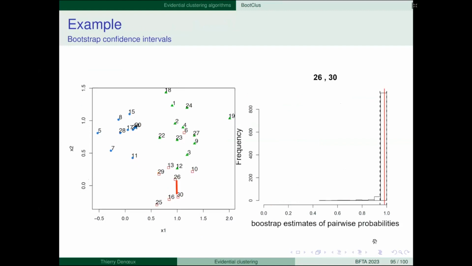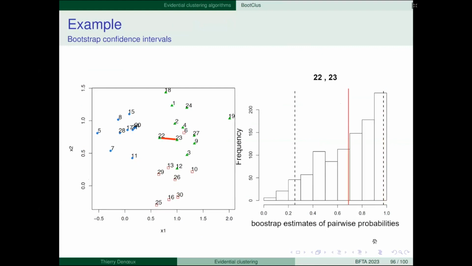Here you have another case, objects 26 and 30. Here the interval is also quite narrow, and so we find that very likely the probability that they belong to the same class is close to 1. So we're pretty sure here that these two objects are in the same class. But here we have a case where, depending on the bootstrap sample, the results vary a lot.